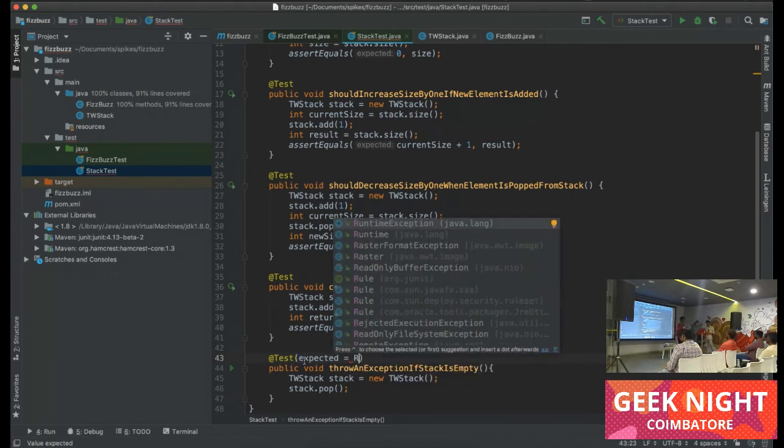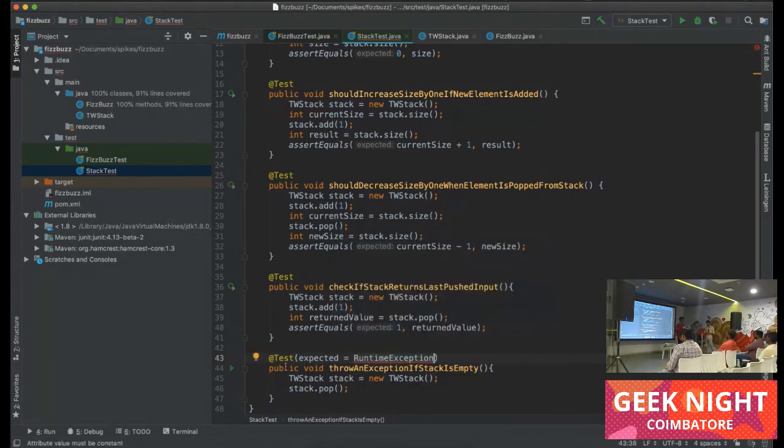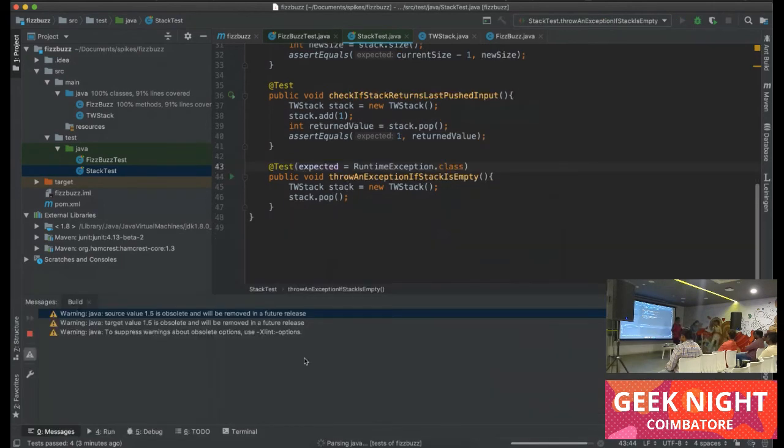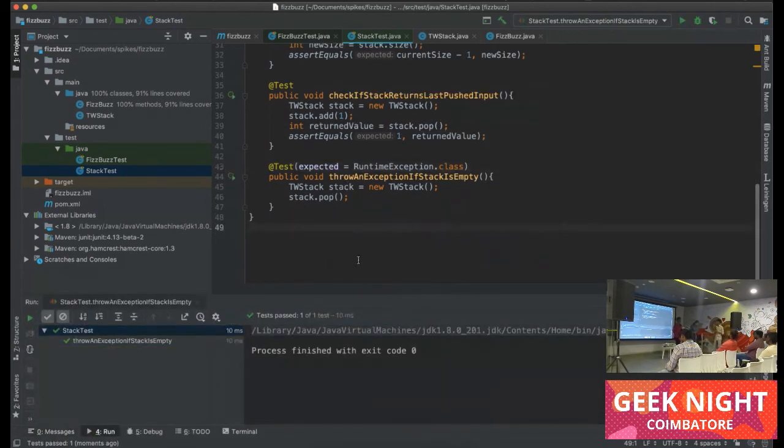Dot class. Okay, so it is automatically throwing an exception. Maybe the array list is already throwing an exception.